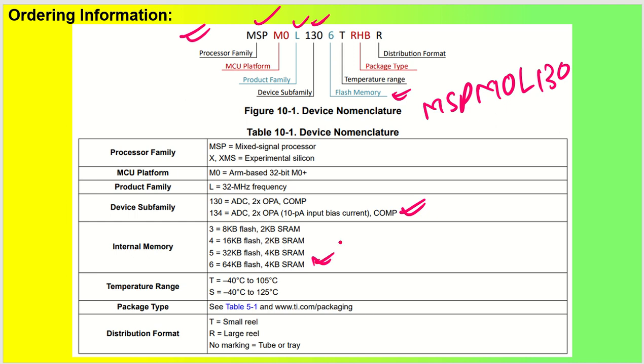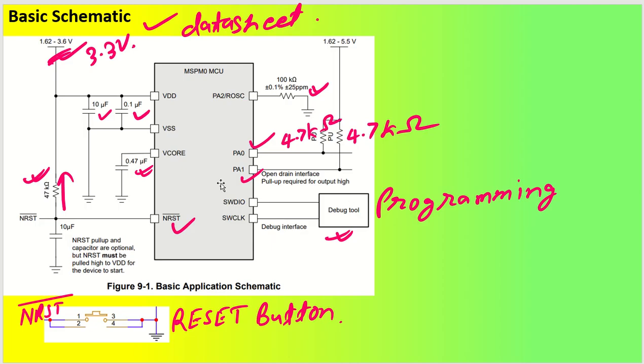So 1306, and we'll take up the temperature range, which will be the lower temperature range only. If you want, you can take up the extended temperature range, which is S. So we'll take up T. And then RHB. So this is the complete part number for your 32 pin VQFN package of 64 kilobytes memory. All right. So with this, we will quickly try to understand the power supply scheme and what essential circuits will be required to design this circuit, and then we'll try to understand the complete implementation of this particular device.